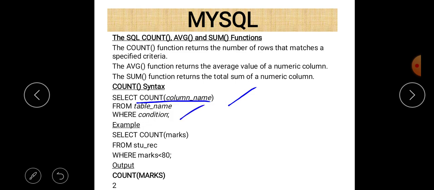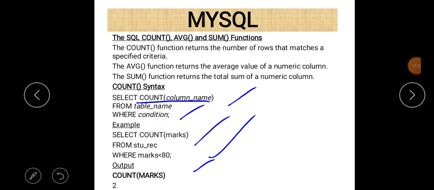For example, if you want to count the total number of marks, you just write select count marks. Marks is the name of the column, from stu_rec, where stu_rec is the name of the table. And if there is a particular condition, suppose where marks is less than 80, then we write that condition with the where clause, and you can see the output is count marks equal to 2. That is the output after the execution of that statement.